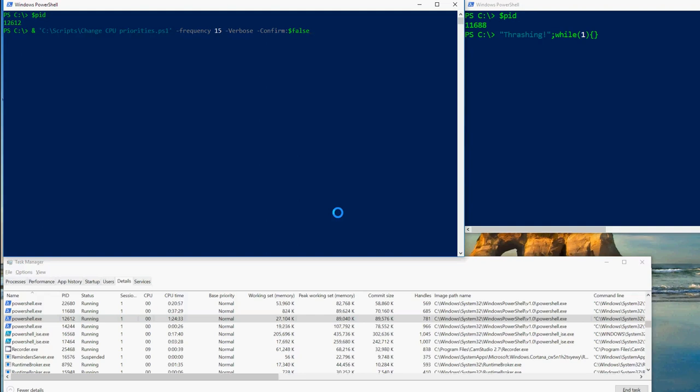So what have we got? Okay, so we've got Task Manager down at the bottom here showing the process IDs. And then we've got two PowerShell windows, one where I'm going to run my script, so I'm going to kick that off now. Run it in verbose mode so we can see what's going on. So I'm running it with an increased frequency of 15 seconds, the default is 60, but obviously that can be